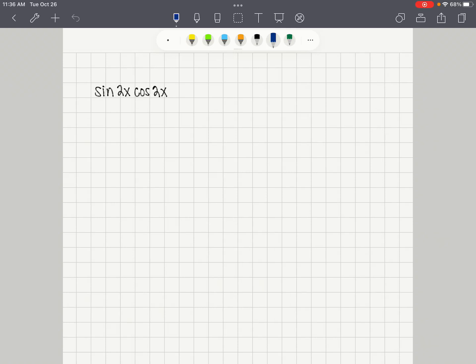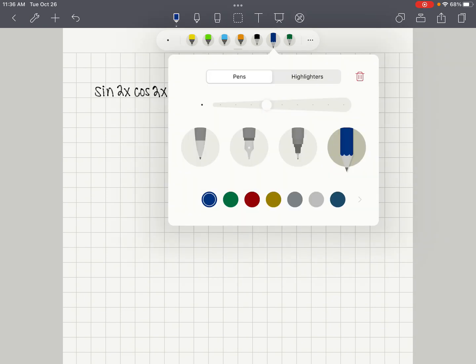Okay, in this problem we have sine of 2x times the cosine of 2x, which looks very much like our identity that says 2 sine of x cosine of x is equal to the sine of 2x. Now it's important to note here that